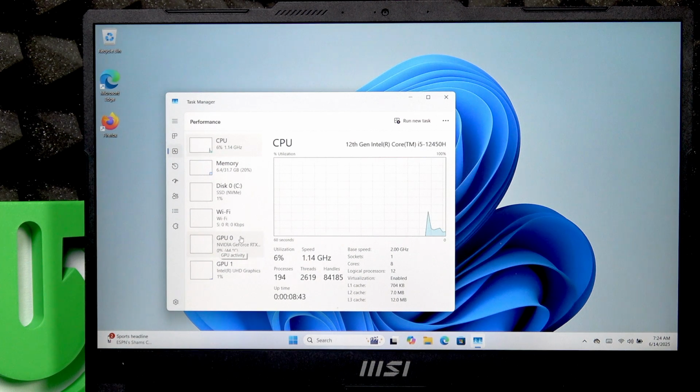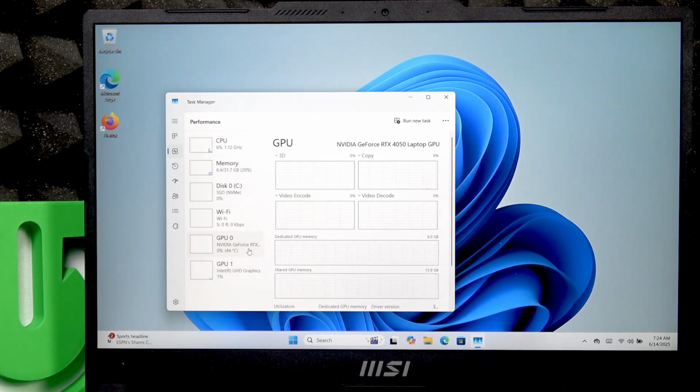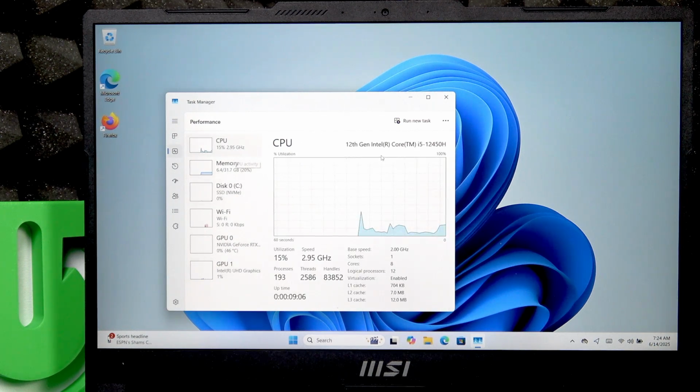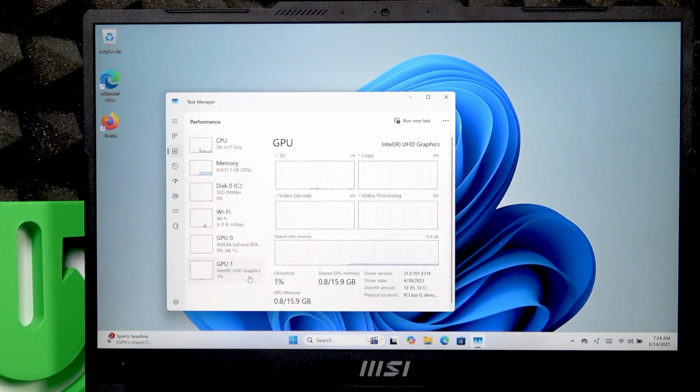Now, most probably you'll see two GPUs, and one of them is better than the other one. So like I can see that my GPU 1 is the worst one because it is the Intel GPU. So I know that it's just integrated into my CPU because, you know, I also have the Intel CPU, so it's just the onboard graphics, which is worse but more energy efficient, whereas this GPU 0 is from Nvidia, and